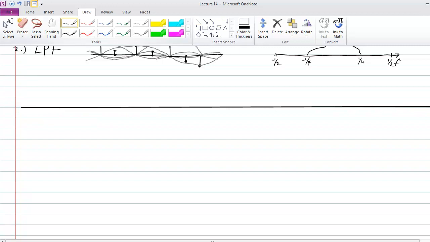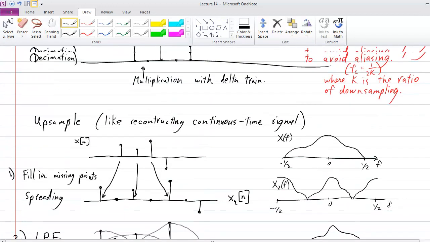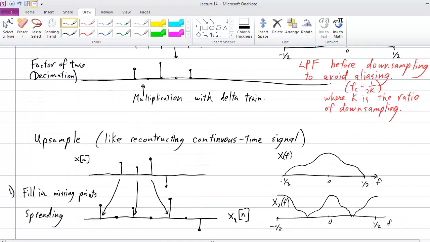Yep? For step 1, why can't you just take a low-pass filter of that with appropriate frequencies? You mean a low-pass filter of this? Yeah, why do you have to double it? Because you spread them out, then you take the low-pass filter, but then don't you have to squeeze them back in? Aren't they at different points in time now? They are, but the whole point was we wanted to go from a lower sample rate to a higher sample rate. So let's say you took a CD audio signal of 44 kilohertz,